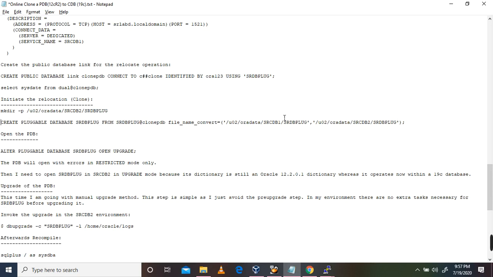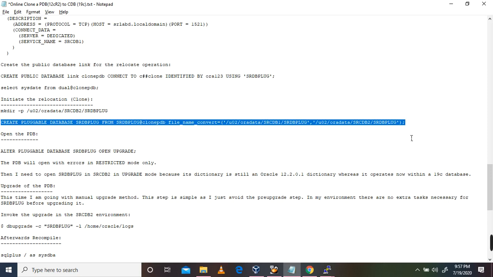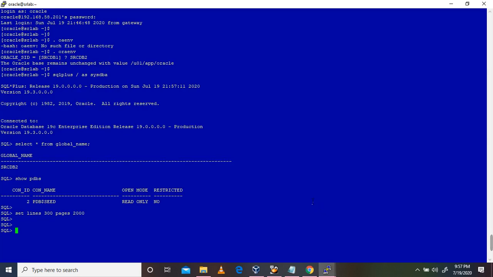We are going to plug here. Create pluggable database on the 19C container. So it's creating.